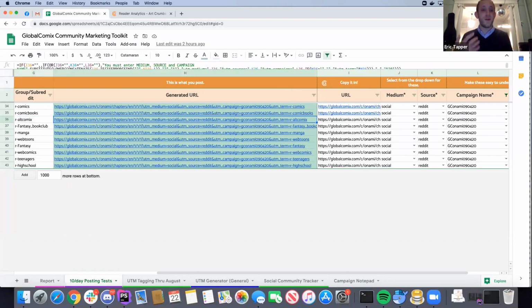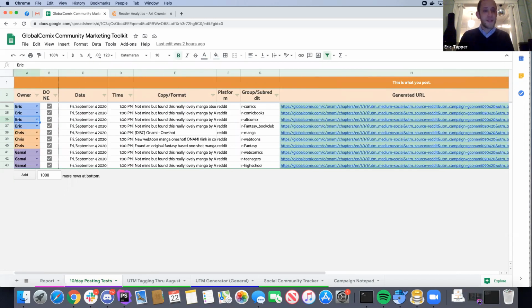If you also Google UTM generator, that's just the letters UTM, there's a lot on the web, all over the web. This one just happens to be set up to organize things a little bit differently that we thought would be helpful. With that in mind, the left side of this spreadsheet, we just set it up so we know who